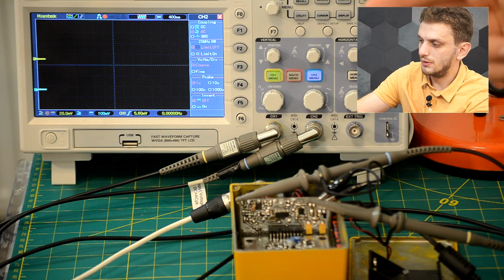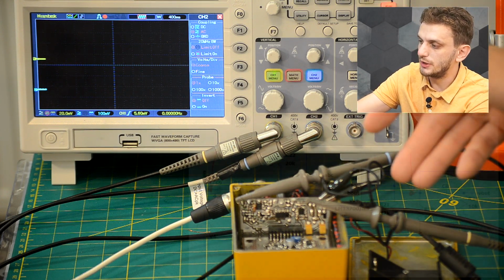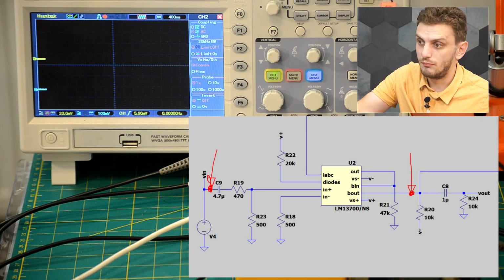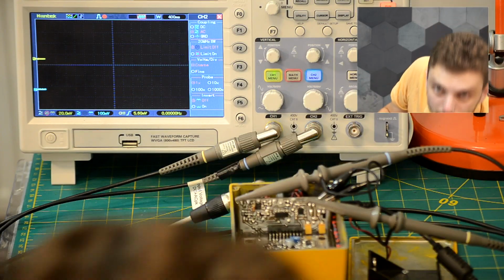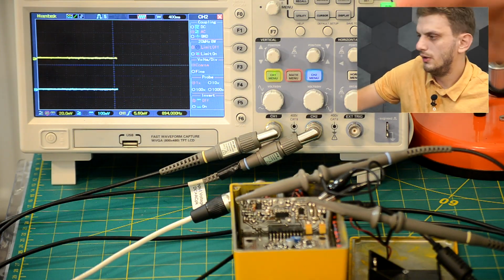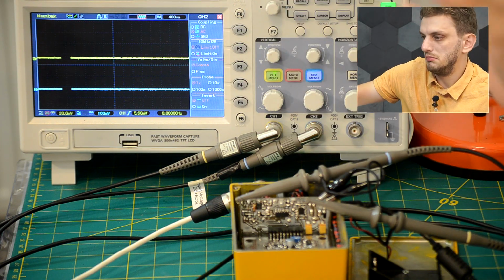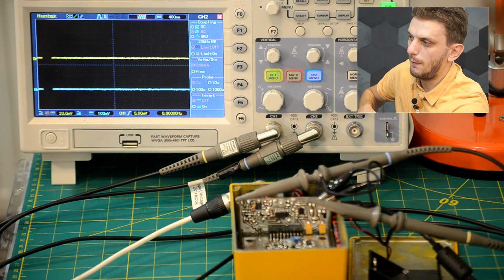So what I got here is the effect itself. I have two oscilloscope probes, one connected to the input, one to the output of the effect. And let's not wait any longer. I'll be using my adapter to supply it, and let's see what happens. So we can see that when there's no signal applied, both the input and the output are roughly the same. But now when we apply a bit of signal,